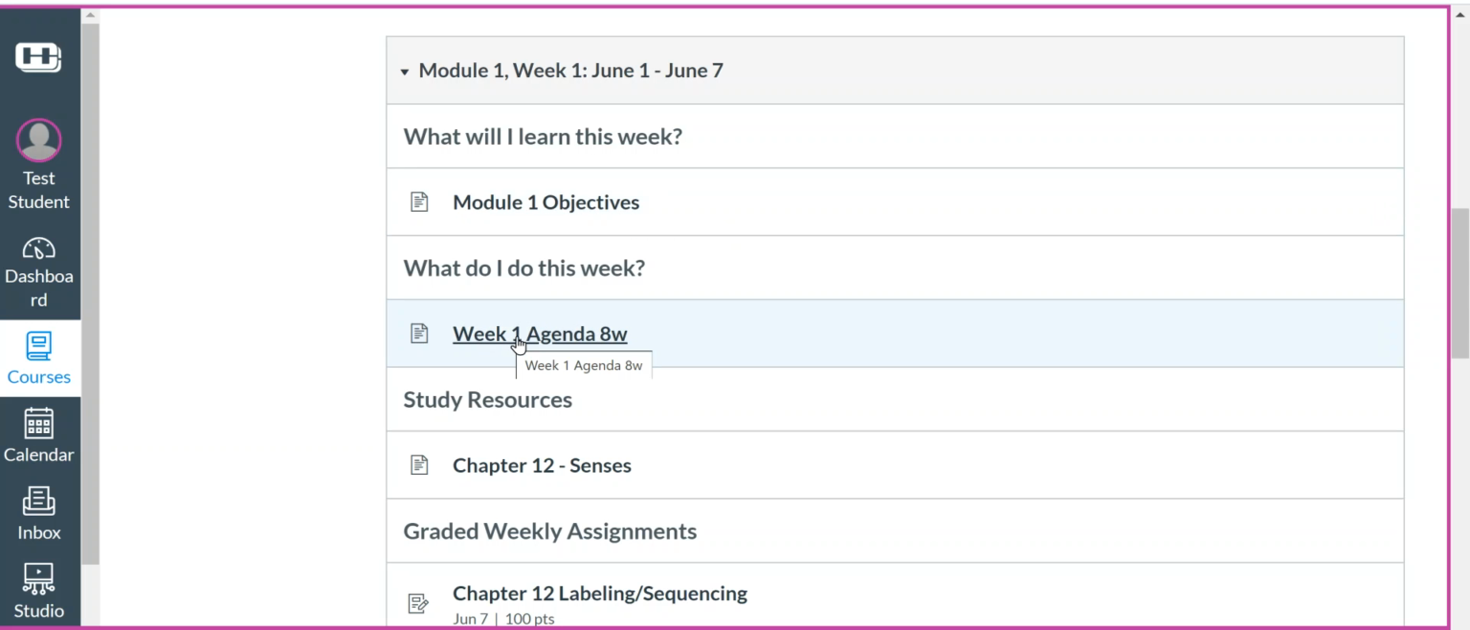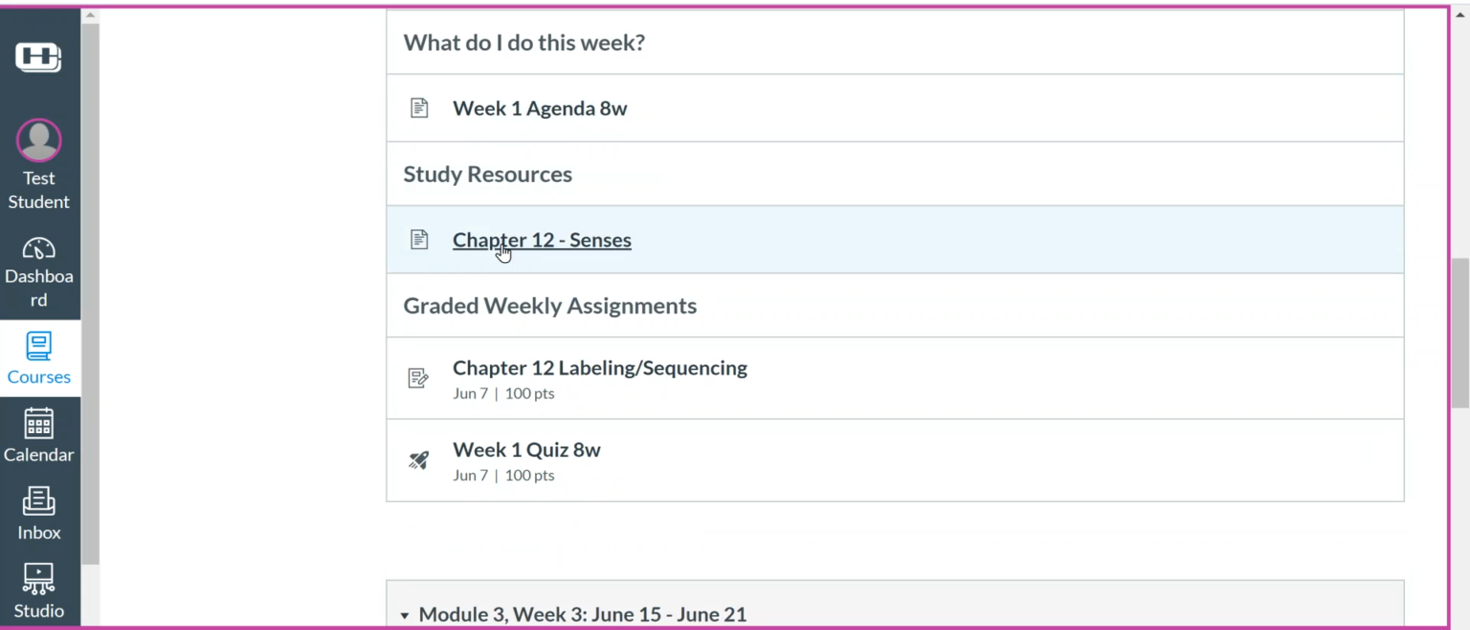You will see an agenda. This agenda is critical, folks. It's very important that you read this every week before you start doing anything, because this will tell you exactly what to do. And it's going to lead you to the study resources. It's going to tell you about any graded activities that you need to do. But all of the links for everything except the ebook itself for this week are going to be right here